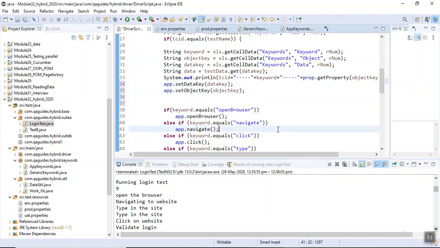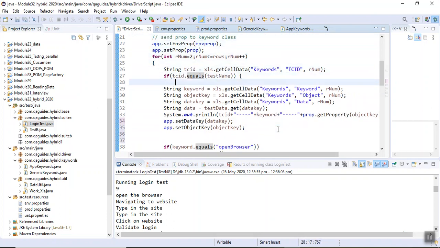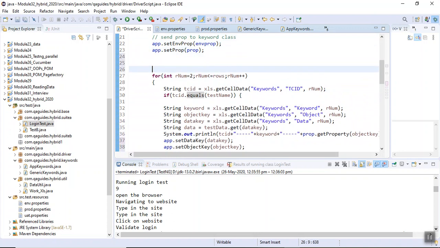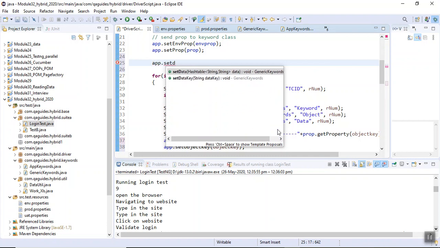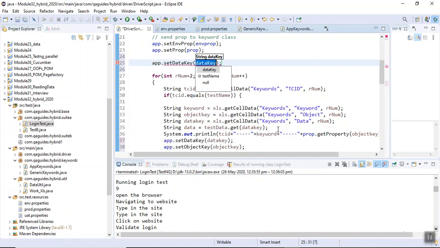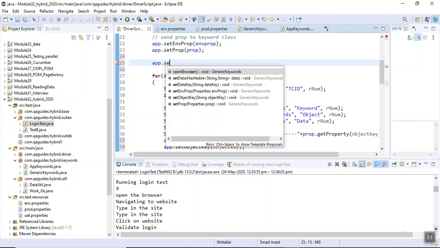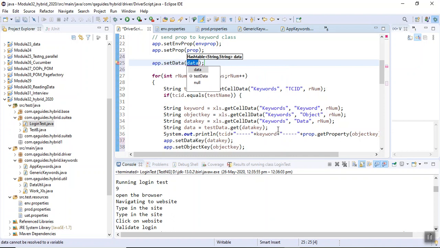Let me go. So I will send the data that is of our set table. So what I can do, hash table, sorry, app dot set data. Okay, sorry, it's hash table. I have chosen the wrong information. So go here, hash table. Yeah, okay. So this will be sent from here.